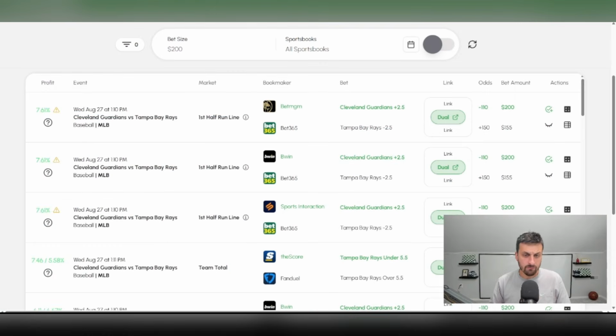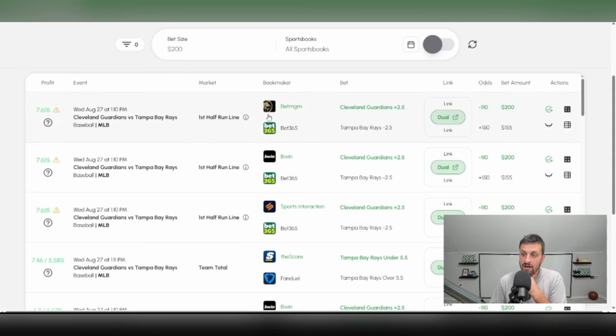I want to take a brief moment to show you how this works. I'm going to warn you that it is Wednesday at 1:35. There are 3 baseball games on and some tennis. If you are interested in getting the most bang for your buck, I would recommend coming back on a college football Saturday or an NFL Sunday. A lot of people like to live bet NBA slates when there are 10 to 15 games on. So understand there may not be as many opportunities in this video as there would be on a more populated slate. So here is one right now that's occurring.